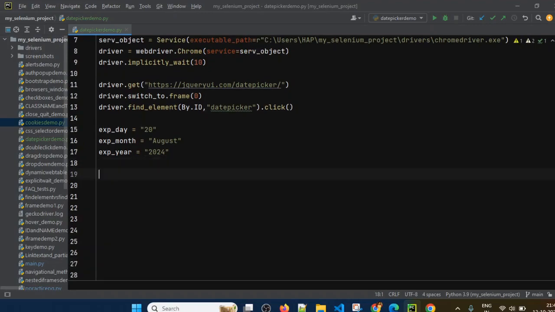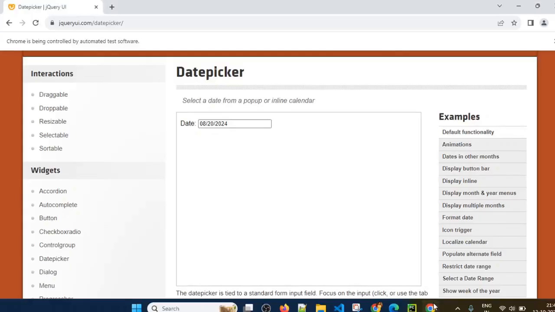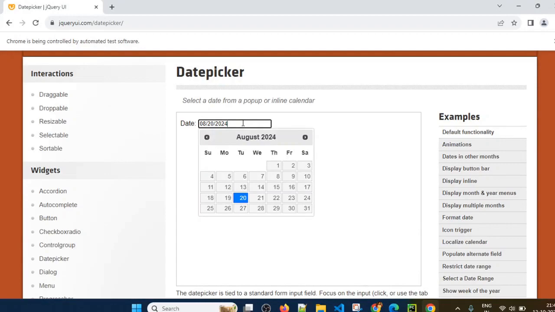After that, what is the next action we want to do? If you see, after clicking on it, we have to check the month and year. If that specific month and year is matching with the expected month, so if, let's say, I want to select,